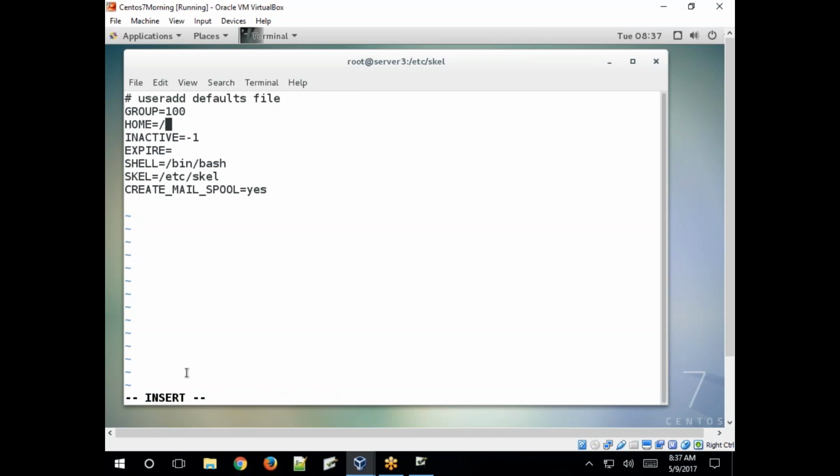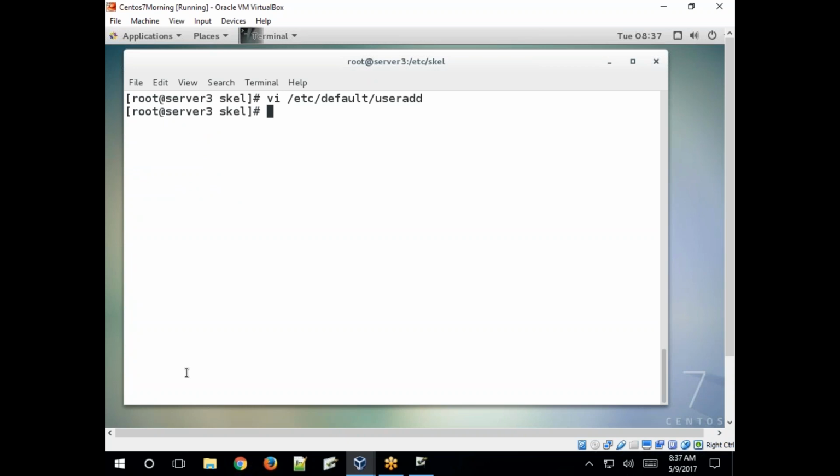If you specify /users, first you need to create the users home directory in the top level directory. Okay, I'll show you. Just save with wq, and create the home directory: mkdir /users.